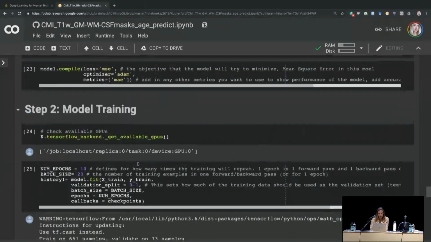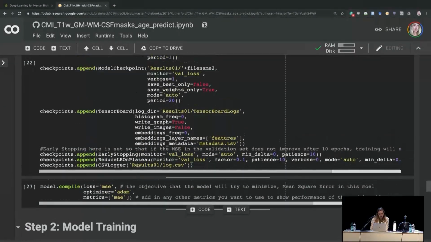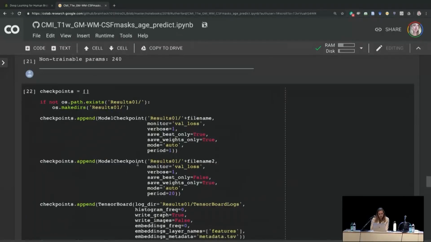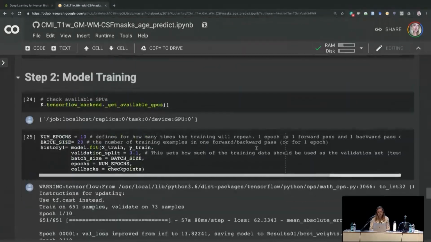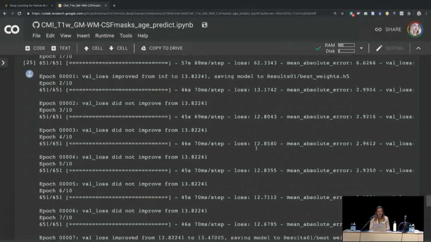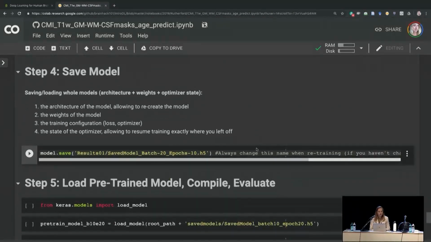I think I had a line up here that says, let's find it. So I'm saving the best weights of the model. It essentially saves the point where the model did the best. So even though we might have gone a few more epochs past where we stopped improving on our validation set, the model will save wherever it did the best. So that's important, but you do need to specify that when you're designing the model.